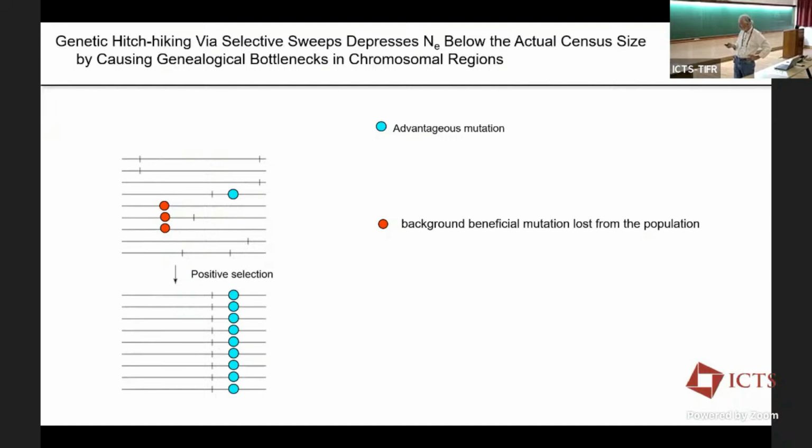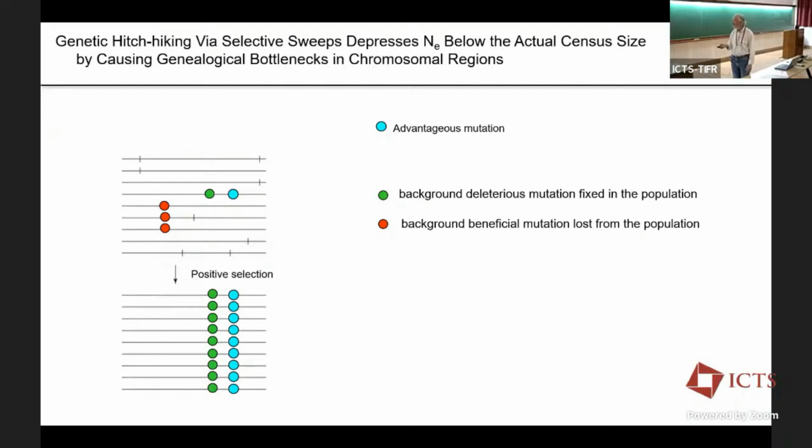So that little tick mark to the left there, what I've illustrated now with the red ball, turns out to be another beneficial mutation. And so it's not as good as the blue ball apparently, and it's eliminated from the population because this chromosome segment wins. And then finally, there's one other tick mark there that I meant to illustrate, the green one. That's a deleterious mutation. It's not as bad as this one's good, but the net selective advantage of this chromosomal segment is good enough to allow it to drive through the population.